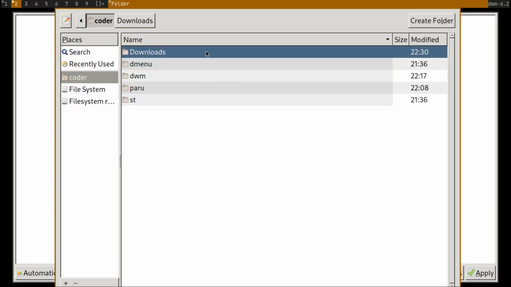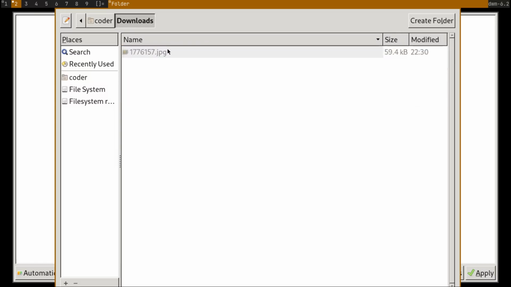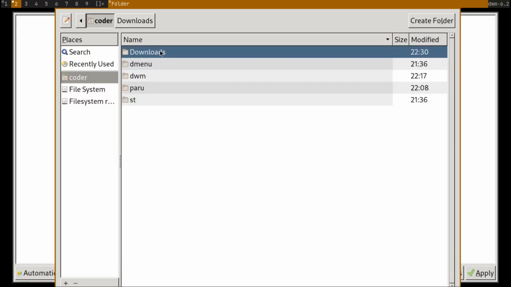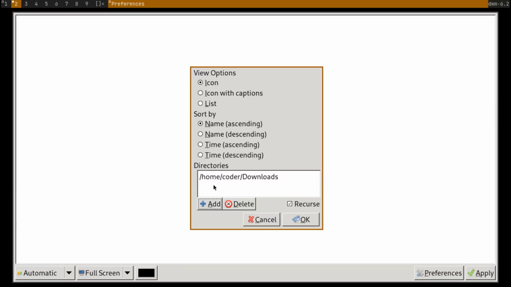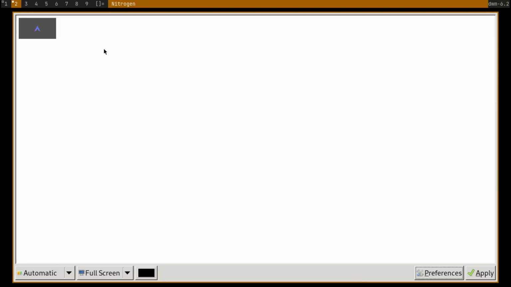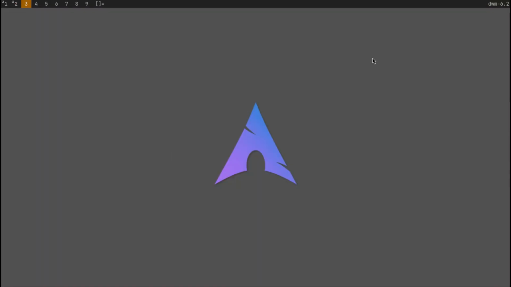Why is it not working? Yeah. So select done and then hit OK. Then you'll see your wallpapers. Select the wallpaper you want to add and then select zoomed fill and then hit apply, and you'll see that your wallpaper is applied.